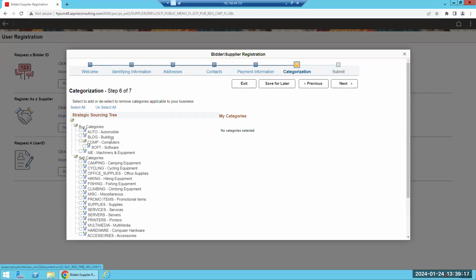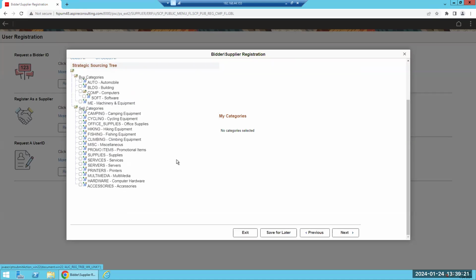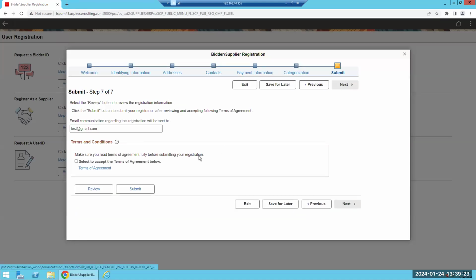Categorization, again, you can turn this on and off. If you categorize based on your strategic sourcing tree, that can be set up here. And then they can submit, and they have to agree to your terms and agreement too. So your legal team can set up a terms of agreement that they're agreeing to, and when they get approved, they'll get an email saying you've been approved. And so we can submit this request, and